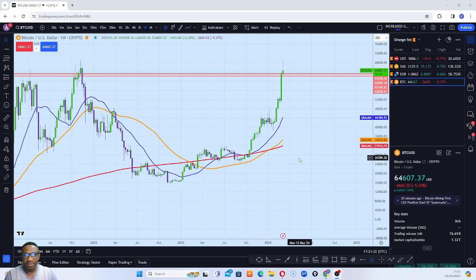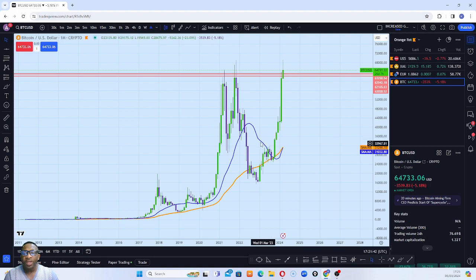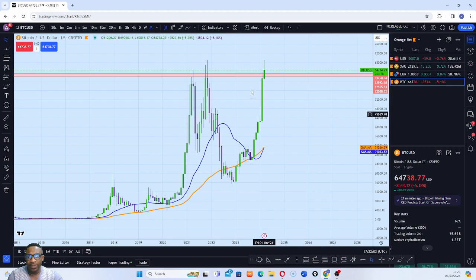So over here I have BTCUSD, and it's on the weekly time frame. So if you are a swing trader, perhaps you're going to start from the monthly, using a top-down approach to analyze the charts. So on the monthly, we can see price